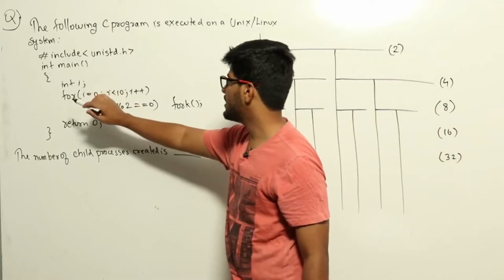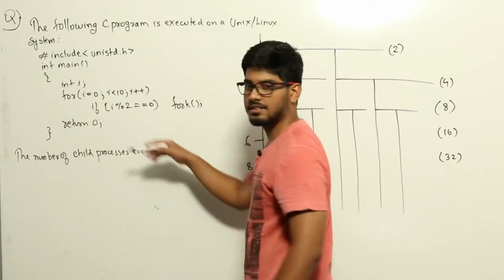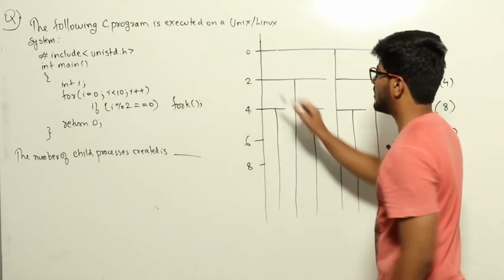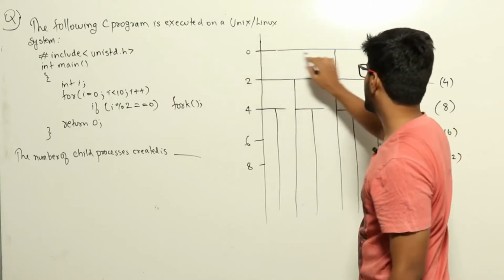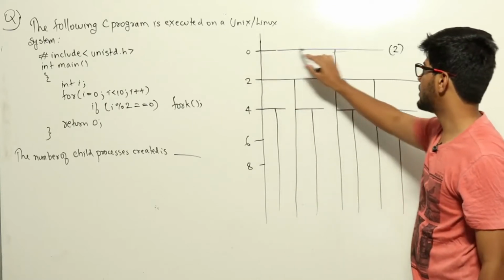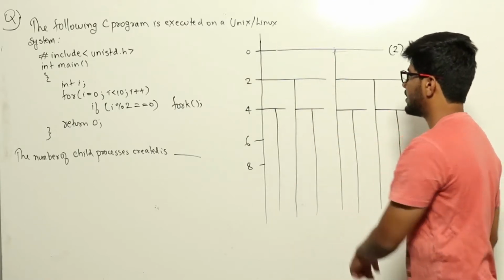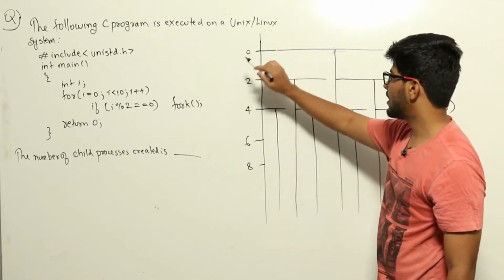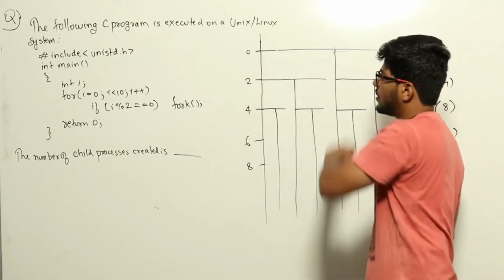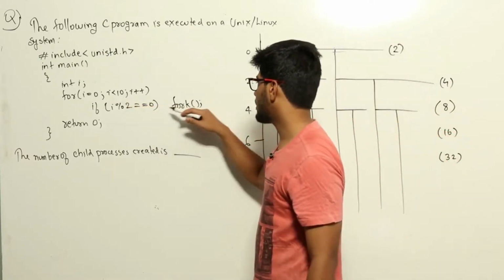So initially i is 0 as given in this for loop. So if i percentage 2 equal to 0, they are checking if i is even. Now 0 is even, it will do fork, meaning at this point where i equal to 0, it will be performing fork once. Okay. Now when it performs fork once, it will create one additional child process that is given by this particular vertical line. So after executing i equal to 0, there will be two processes given by these two, and in this process also now i will be equal to 0 only,